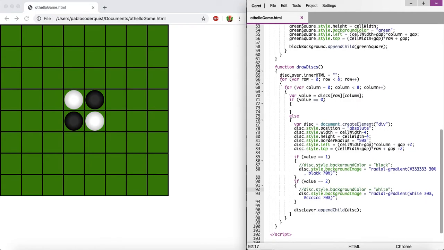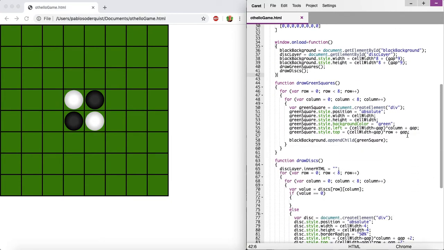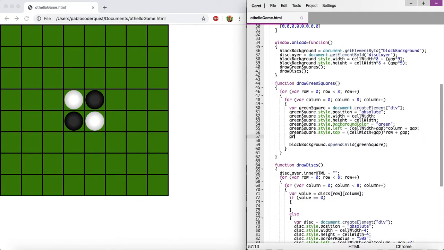But the real purpose of this video is to show you how to set up a control so that the user can interact with the program. And specifically, we want to make it so they can click on one of these tiles and have it draw a disk. So let's do that really quickly. Let's start by adding an OnClick function to each of these green squares. Okay, so right where we create the div element on line 50 here, and we start adding some attributes to the style and everything like that, we're also going to say green square.set attribute